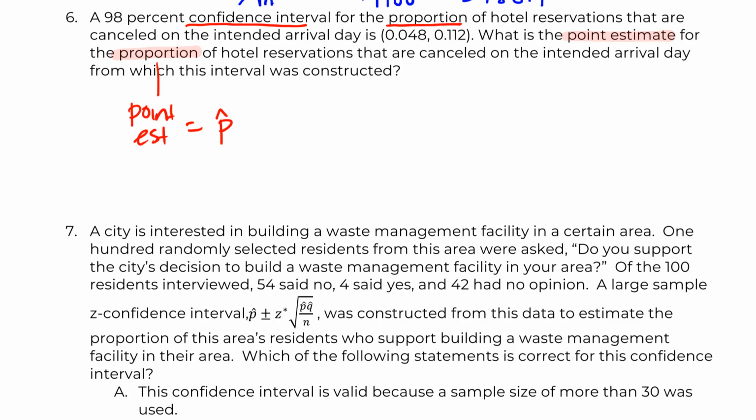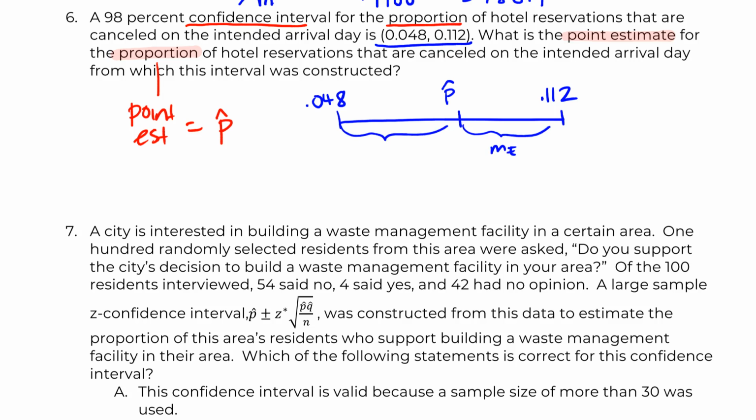the formula, and really what this question comes down to is if we already have a confidence interval, our confidence interval is constructed by starting with our point estimate, our p hat, and then adding a margin of error to get to the upper, subtracting a margin of error to get to the lower. And this makes sense because the underlying distribution is normal and symmetric, so our confidence interval is also symmetric, centered around our point estimate. So all we need to do is figure out where the middle of our confidence interval